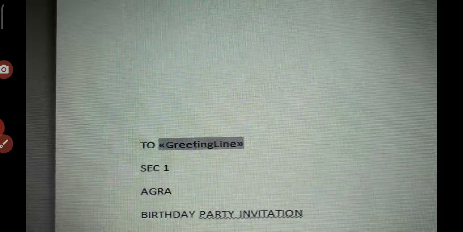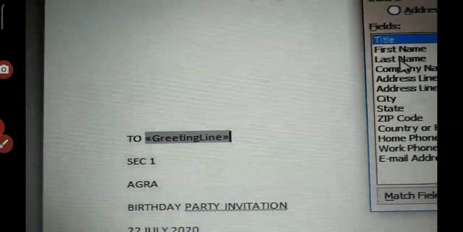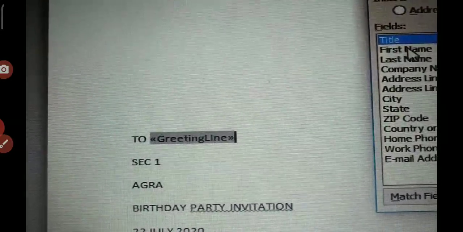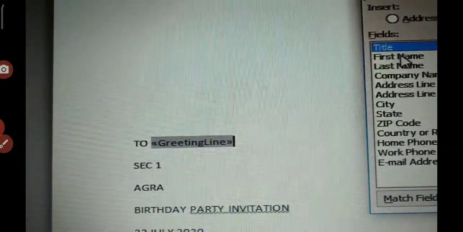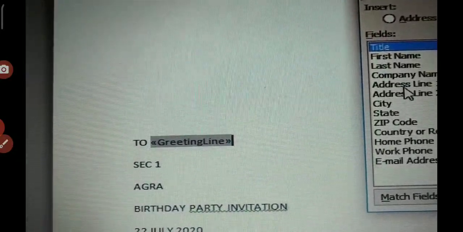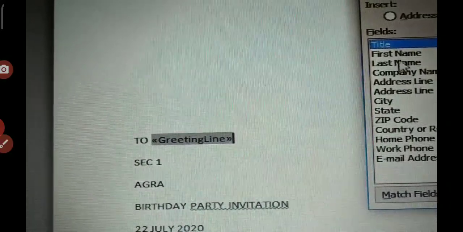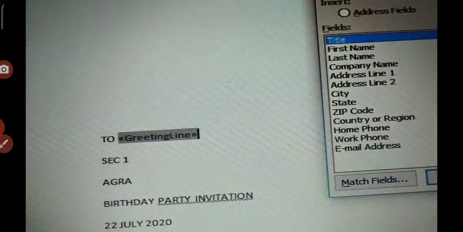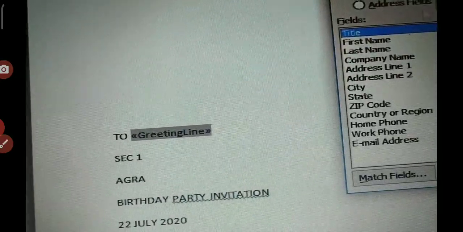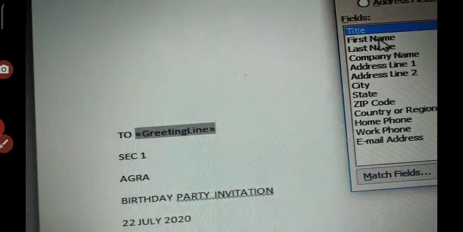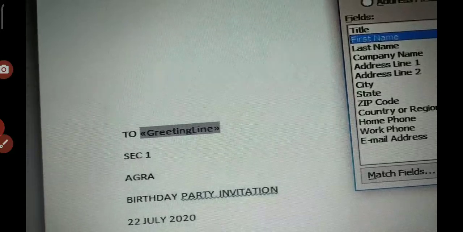Anything if you want to insert you can click this and insert that. Whatever title you give, only that you have to select. Without the title you cannot select. First name I give and the address 1 I give. So this only will come. Now I click here, cancel this and click first wherever you want. I have clicked here and I am clicking insert merge field. So I am giving here first name. So you will get the first name, insert.